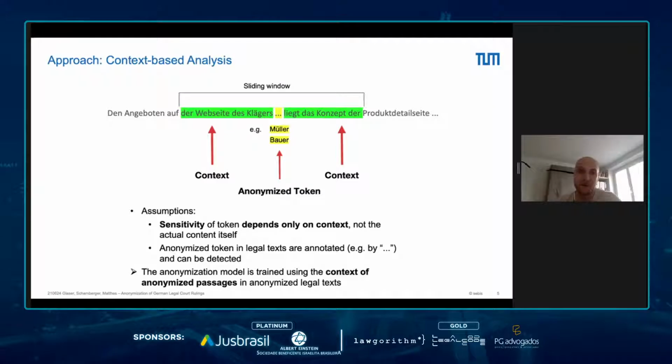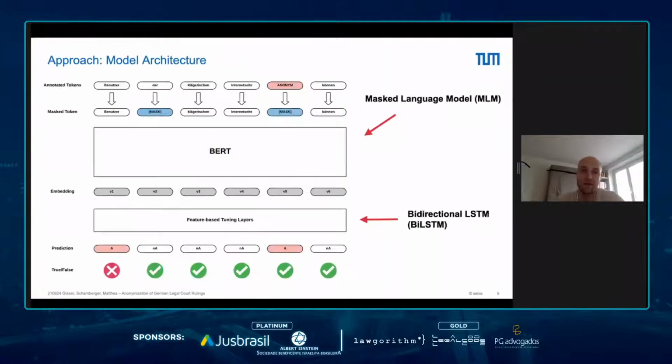So therefore, we came up with this solution. What did we train or apply in detail? Basically, we utilized BERT for this, because we detect the placeholders. Then of course, there's a high risk that the model will just learn that if there's an anonym token, it's sensitive, which won't help. So we use the masked language model capability of BERT and mask these tokens along with random tokens. And then we just put it into BERT.